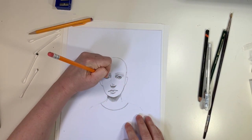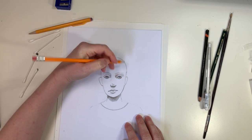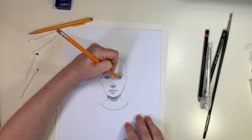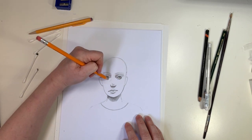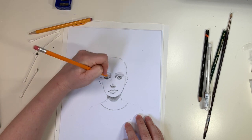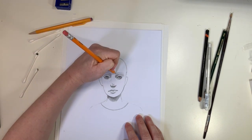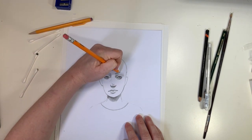This is just a basic drawing. Of course, you can add more details. I am going to add a little bit of a shadow on the bottom eye as well. I'll make a more detailed eye next. And then you can go back in and add some of the individual hairs